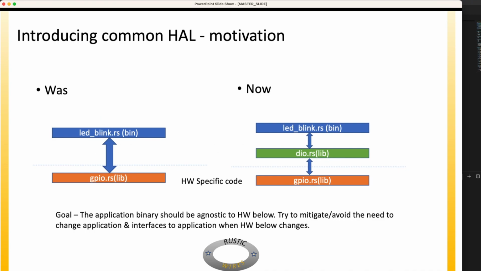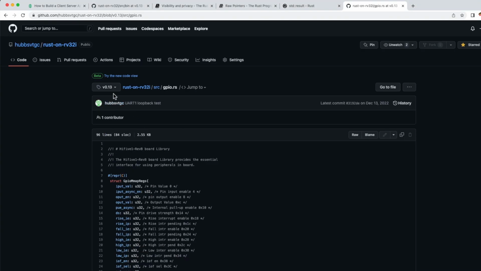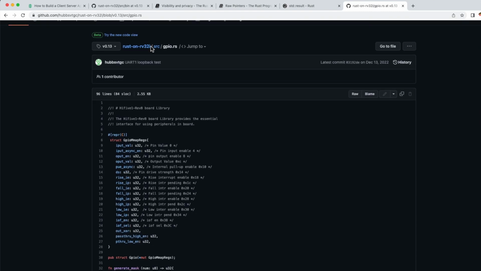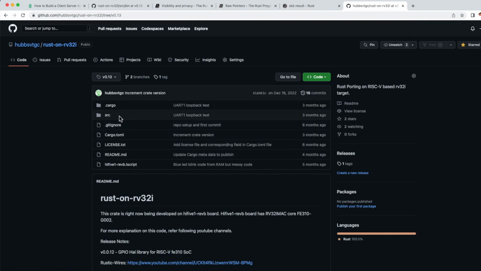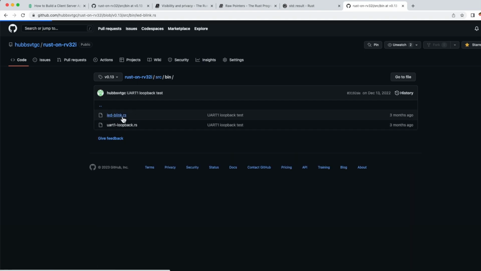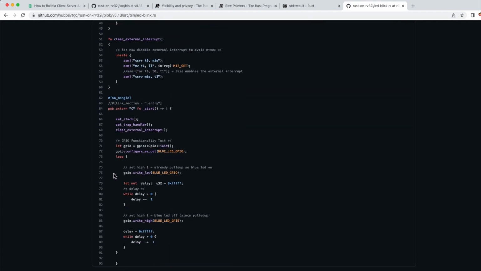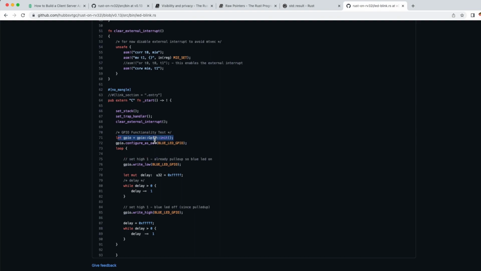Okay, so I have tagged the previous release V013. Excuse me. So if you see here, and inside the source, this is the binary file, or the application binary. It will initialize the GPIO, and then the return of this GPIO, if you see,